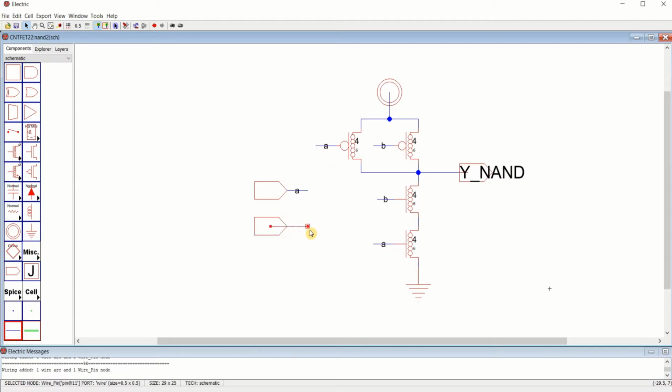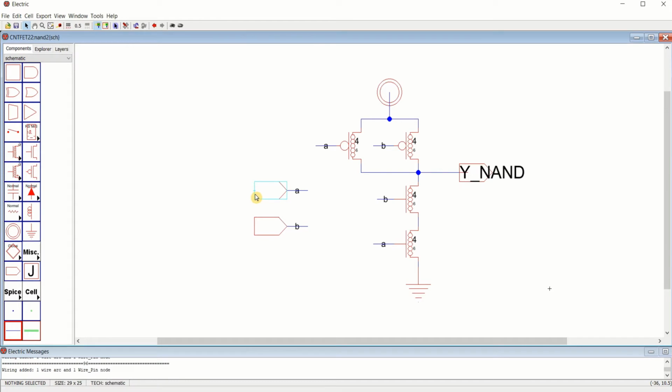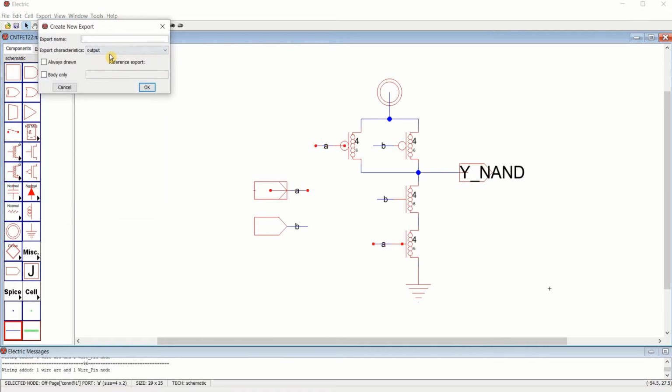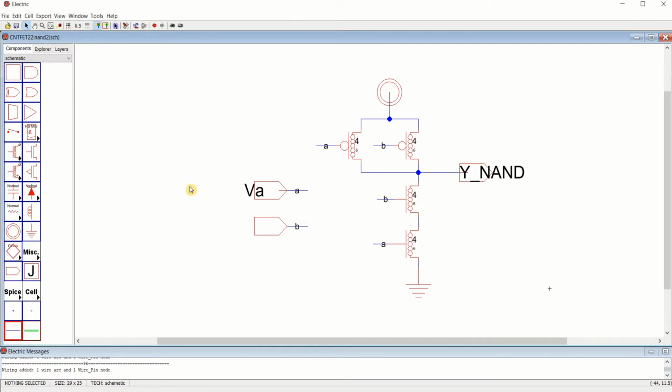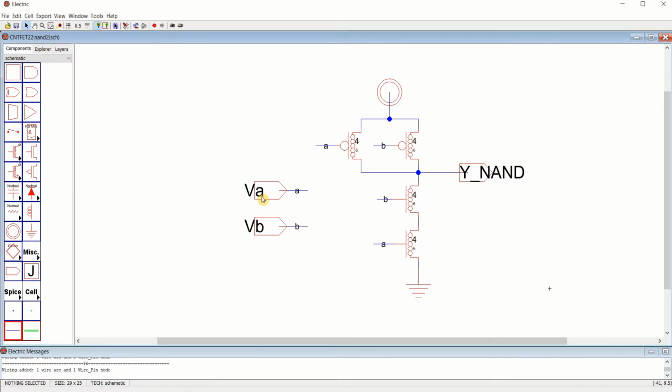Similarly, the same process for this port. Select this to be A. Now, I want this to be exported as an input port with the port name as VA and this one with VB. Both are inputs and this one you can take as output.